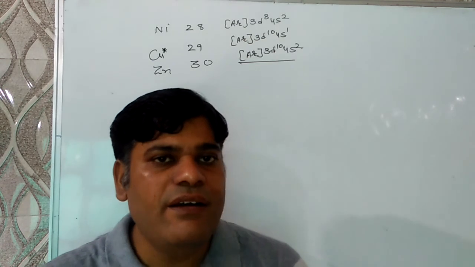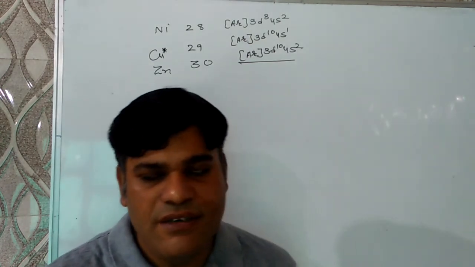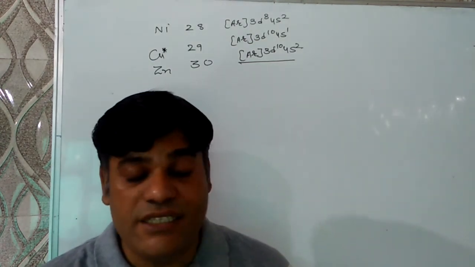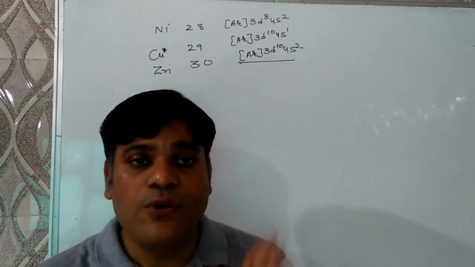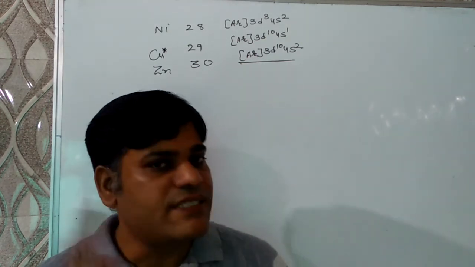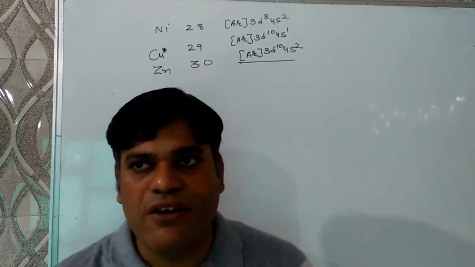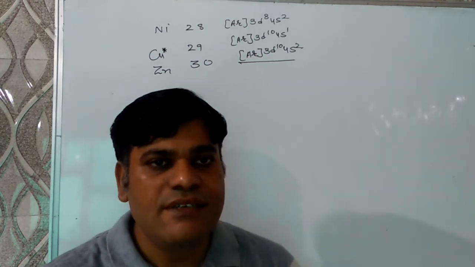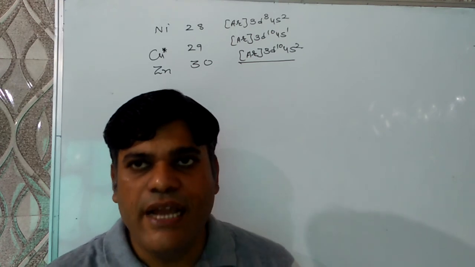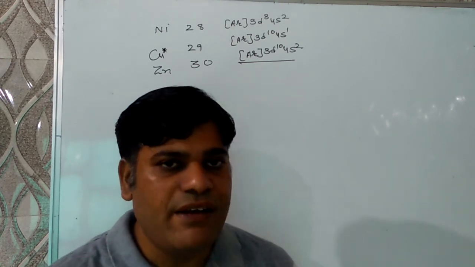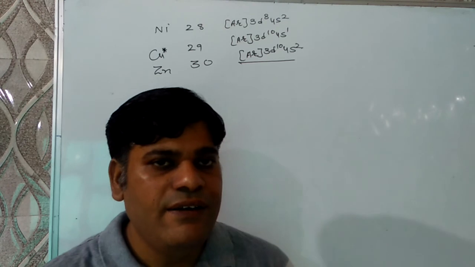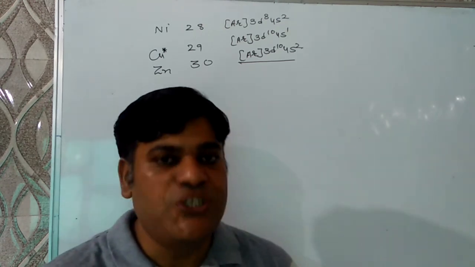I hope you understand today's topic. It is very important for a chemistry aspirant or a chemistry student as well as a teacher. So you have to remember all the things. Tomorrow we will discuss the electronic configuration of all elements as well as electronic configuration of ions, magnetic moment, and with that we will finish this chapter. It is very important, I am telling, for our further chemistry study too.